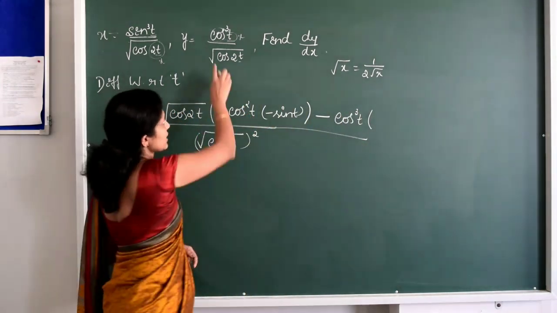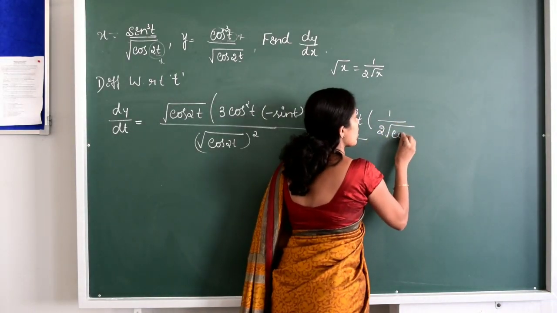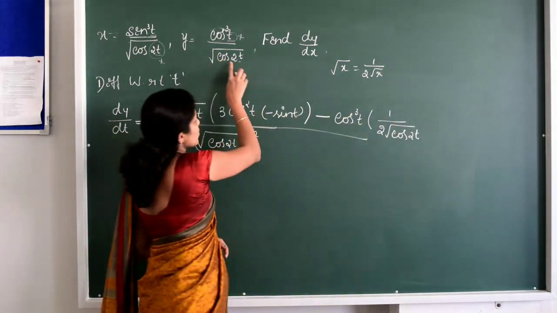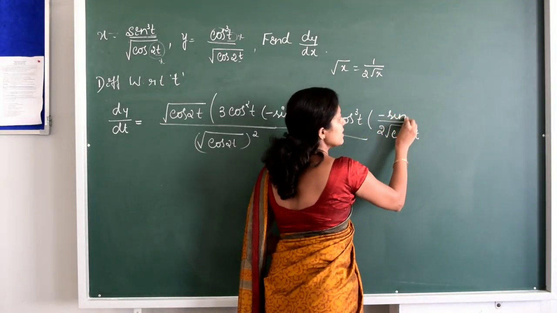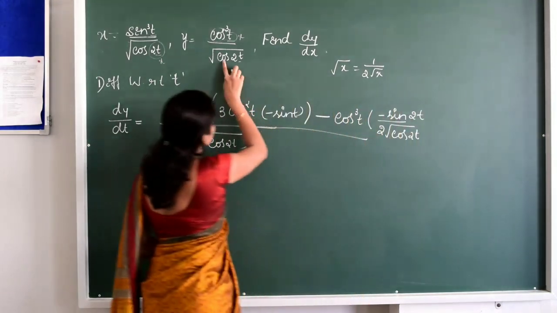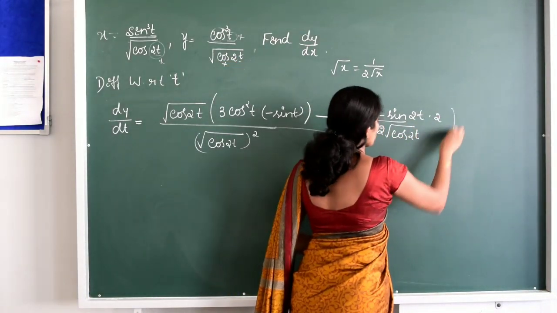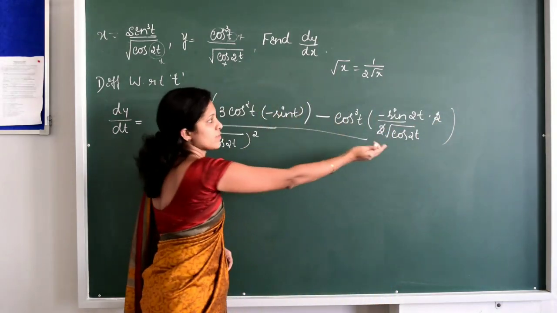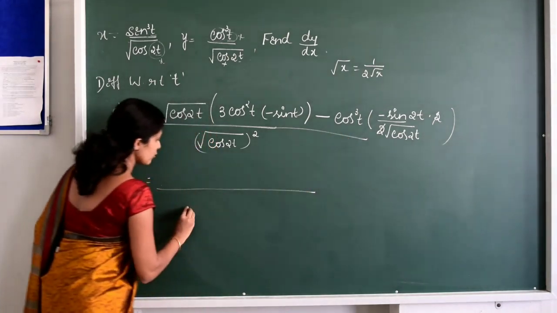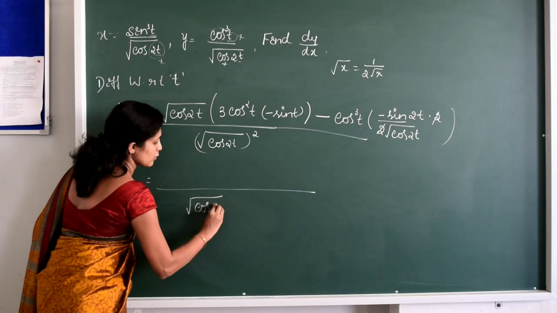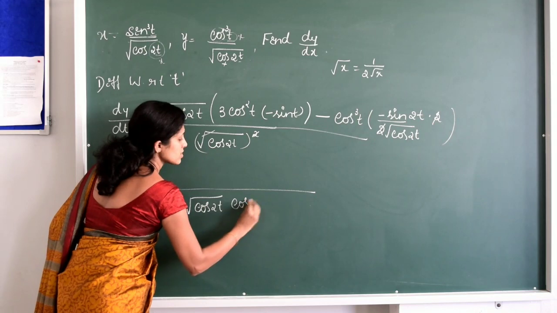We will write the numerator as it is, that is cos cube t into the derivative of root of cos 2t, that is of the form root x, right? 1 by 2 root x, that is 1 by 2 into root of cos 2t. So this root is over, now you have to differentiate cos 2t, the derivative of cos 2t will be minus sin 2t. Then we have done with this cos, now we have to differentiate 2t, the derivative of 2t will be equal to 2, so that I can cancel 2 and 2. Similar to the previous one, just we will take the LCM as root of cos 2t. So this is equal to now root of cos 2t, it's clear, root of cos 2t, and here square and square root will get cancelled, remaining with cos 2t.